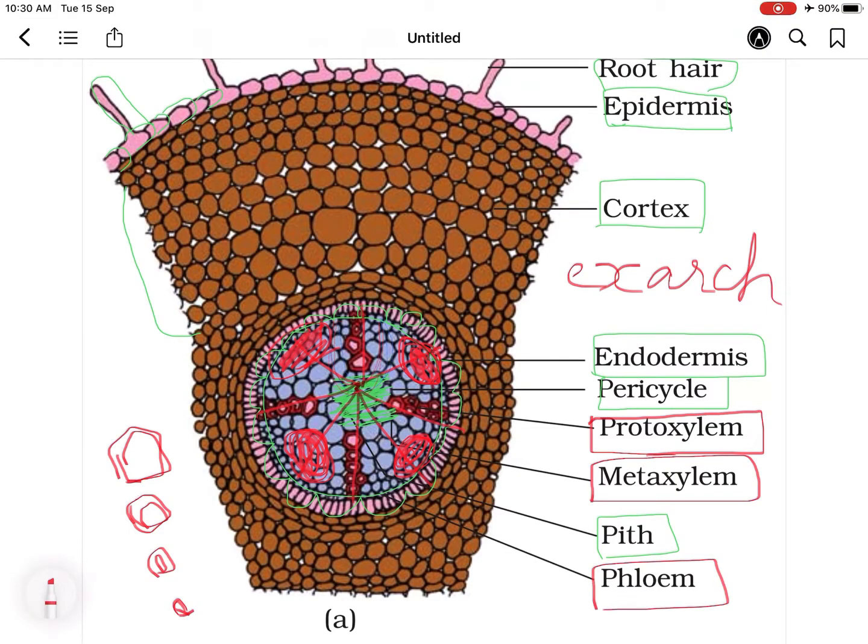So in this way xylem and phloem are part of the vascular tissue, and they are also known as conducting tissue. Now one more term we have learned, that is conjunctive tissue. All these parts which are present just inner to the endodermis, that means pericycle, then xylem, phloem as well as pith, they all constitute conjunctive tissue. So in this way we can see the different layers. Now this diagram is important to draw. So please draw it in your classwork.